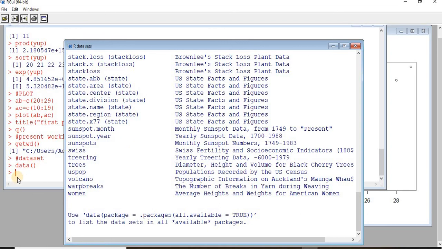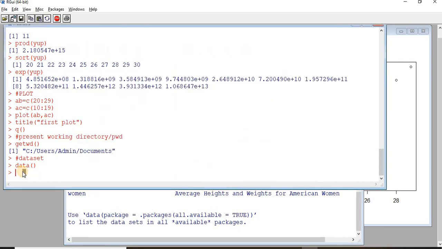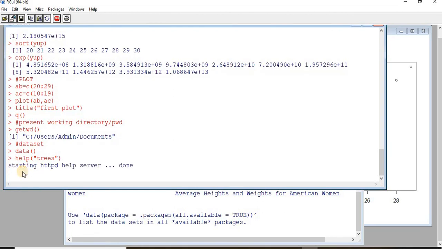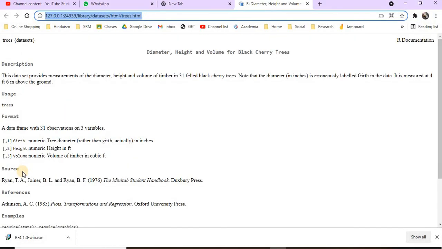And I can also say, for example, if I want to know what this dataset trees is, then I can use the help command. Help, trees. So it will bring you to that trees dataset. It has all the necessary information.